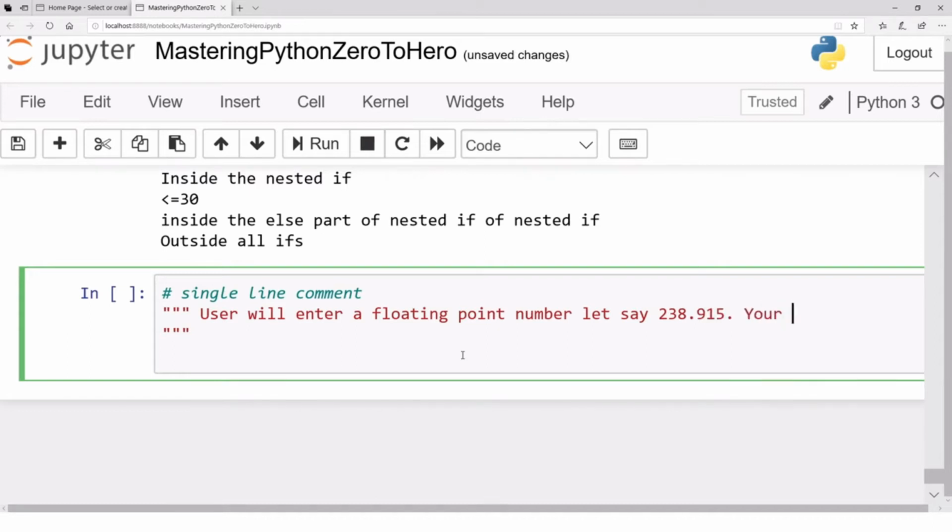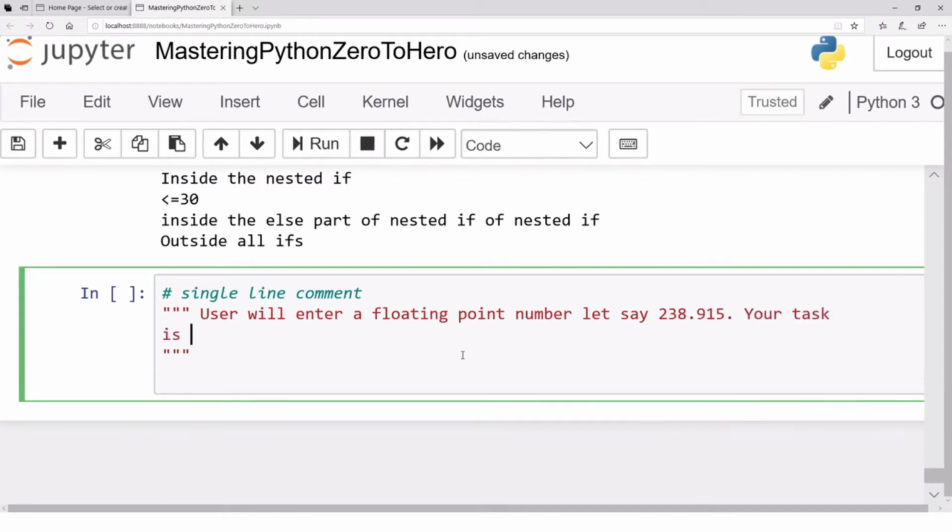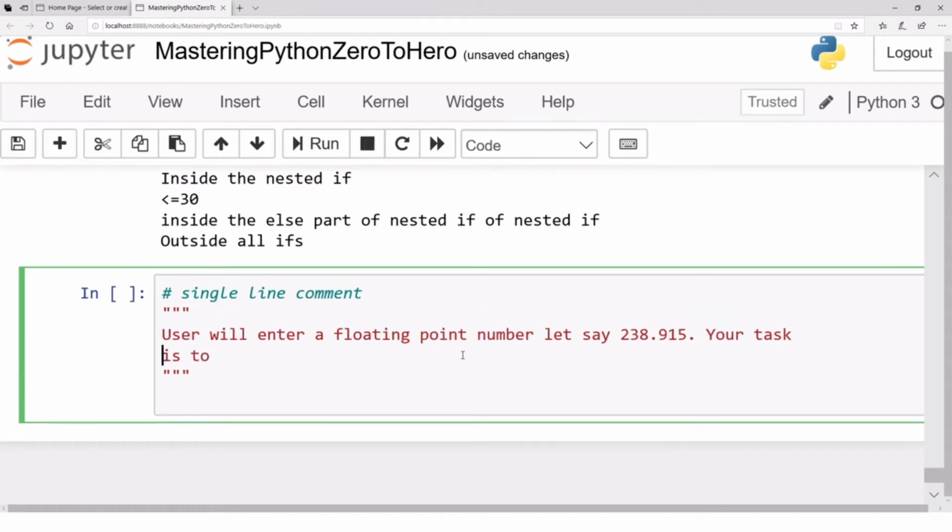Your task is to find out the integer portion before the decimal, before the point. In this case it is 238,